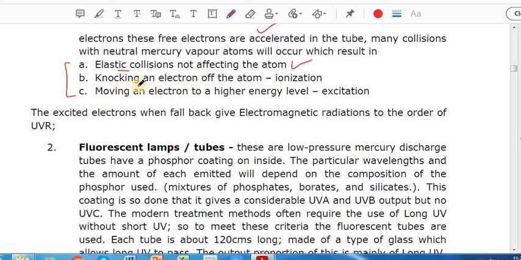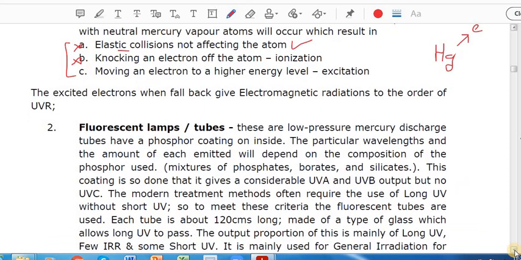In another situation, we will have knocking of electrons. Knocking means the electrons of the mercury will come out from the mercury atom and now they become free. So that is knocking. The electron goes completely out. But as I said, all these happen randomly, so we cannot control them. Though this and this are not desirable, they are of no use to us. Because if there is knocking, electrons are finally out. If there is elastic collision, we are wasting energy. But as I said, it is physics, it is nature, and it happens like that.